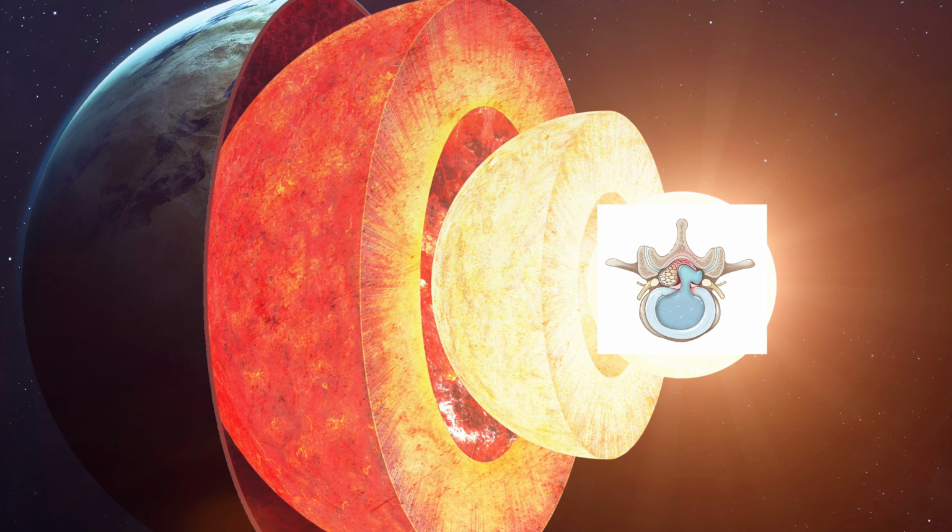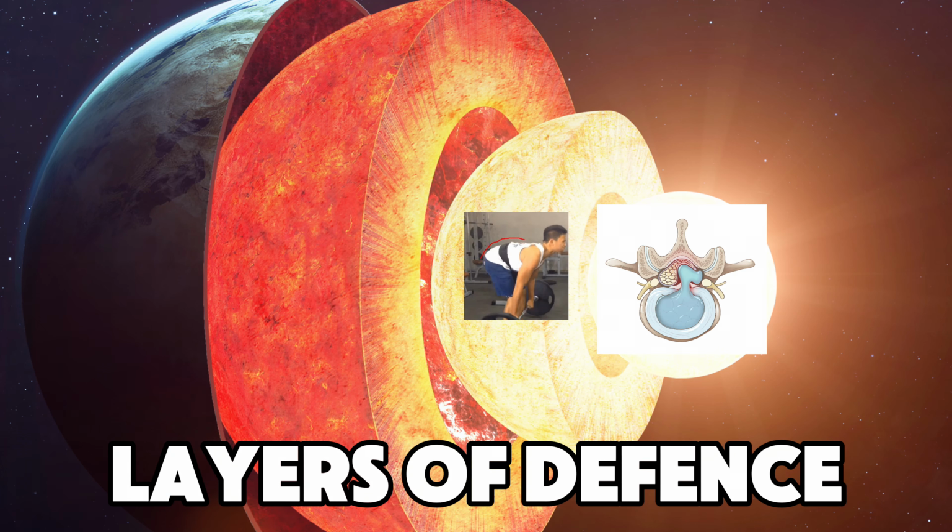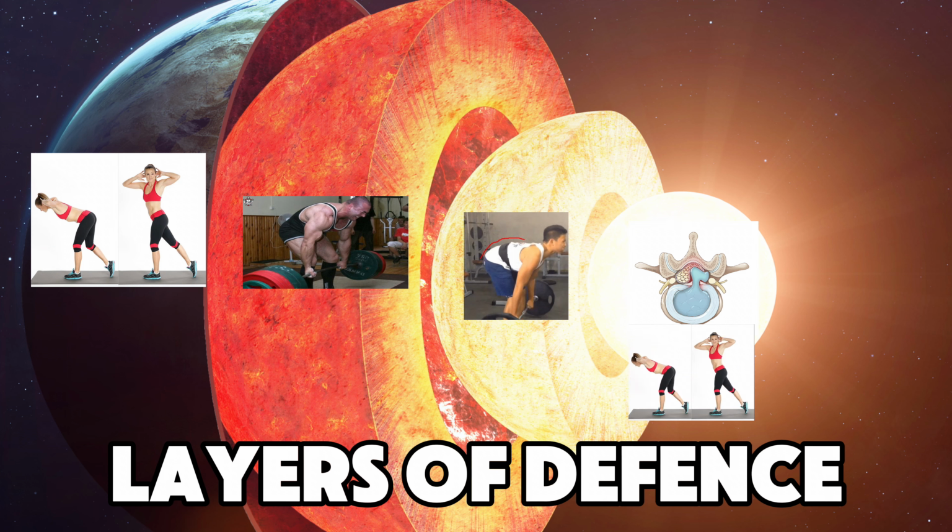Now, someone that used to deadlift with their lumbar, it's not necessarily meaning that you're going to get injured if you have a lumbar round when you're deadlifting. And the way I like to think about back injuries is that a disc herniation is like the core, and then you have different layers from that core, layers of defense before you get snapped up. So if this is your disc herniation, your lumbar rounding's right here, and then your thoracic and neutral spine rounding is here. And then maybe not deadlifting at all is right here or in here,